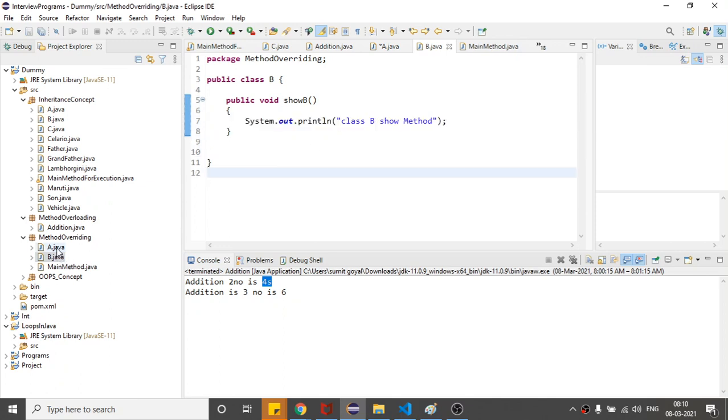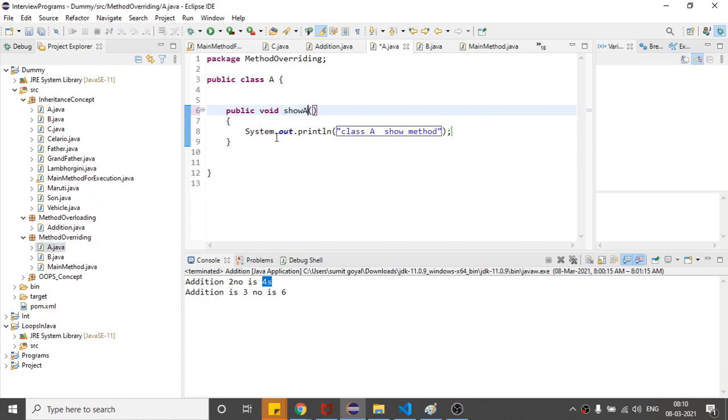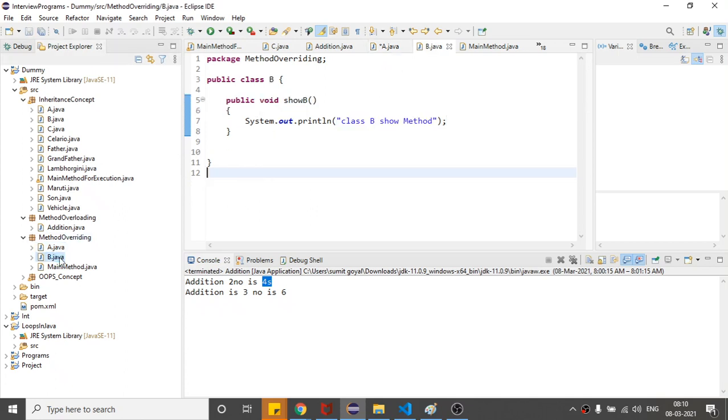So as of now it is a separate class and it is also a separate class, right?